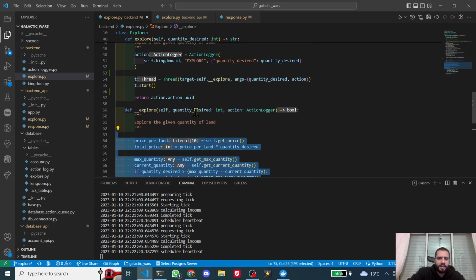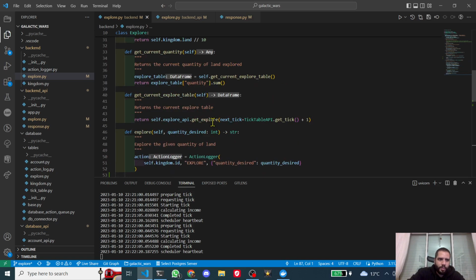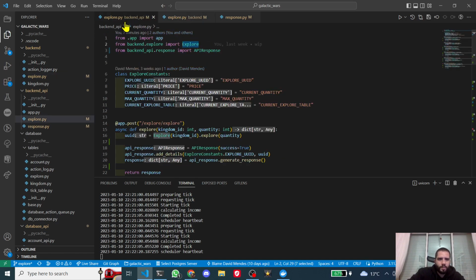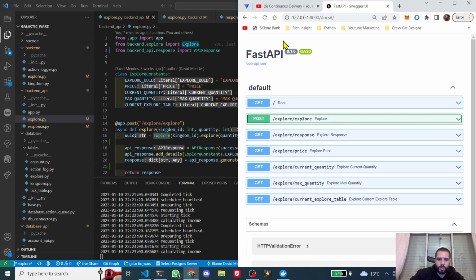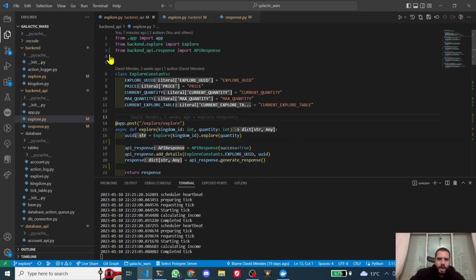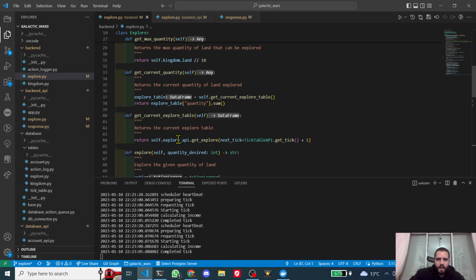You don't have any direct interaction with the database. And that's the important difference between the backend and the database API. So just to go back a moment, the backend API is what you get to see when you're here. So it's what the front end will call. The front end will call the backend API. The backend API uses the backend code, and the backend code